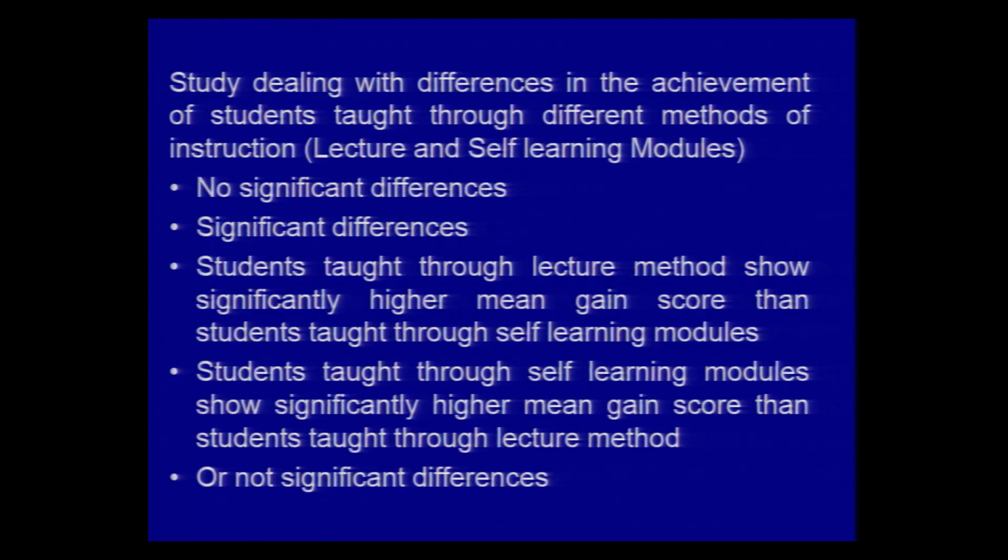Or it can be that differences exist, but these differences are not significant. They may be in favor of the students taught through lecture, or maybe in favor of students taught through self-learning modules. If these kinds of findings are there, they clearly point out